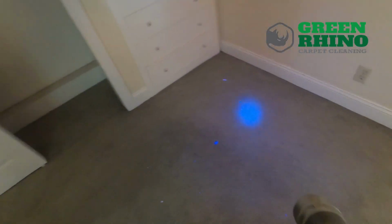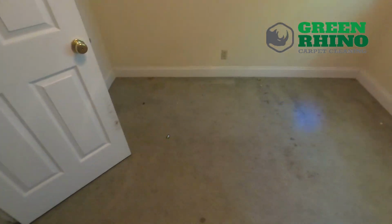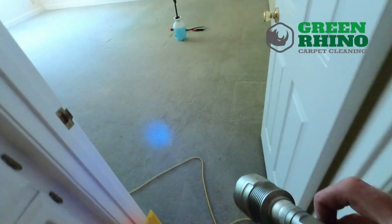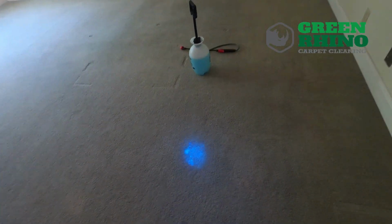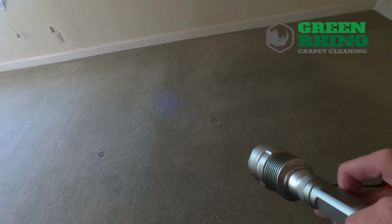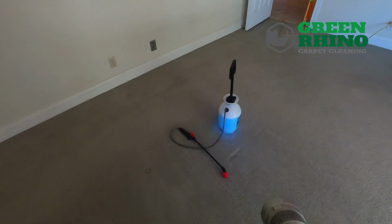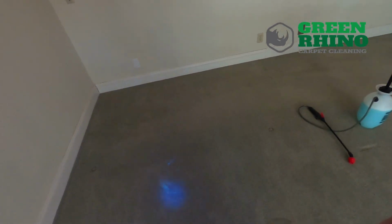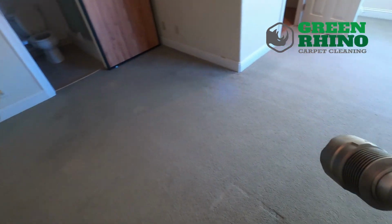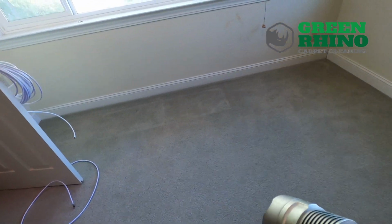Pets definitely did their thing. This one isn't too bad. Odor is, but the stain's not that bad. Staining throughout here. So what we're gonna do is go through here with my deodorizer, and I'm gonna hit all these spots with the light. And then I'm gonna go ahead and add my